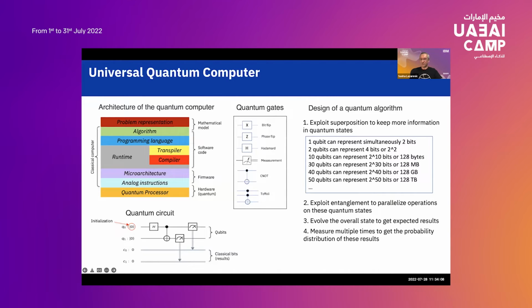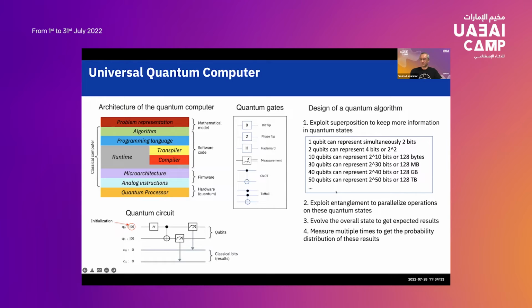As I mentioned, we are going to exploit superposition to keep much more information in quantum states. And here you see that we have exponential growth of the quantum states that we can store in the quantum system. So with 50 qubits, we can represent 2 to the power of 50 binary states. So you can imagine, with 2,000 or 1 million qubits, how many different states we